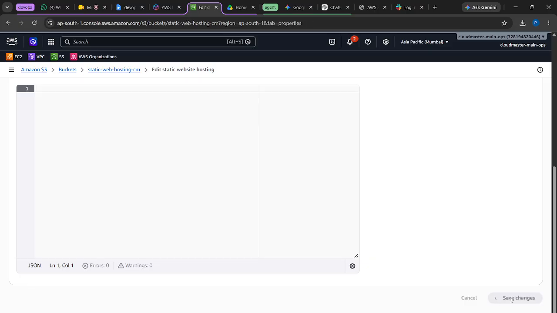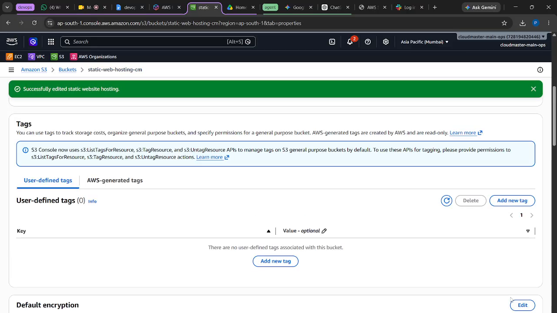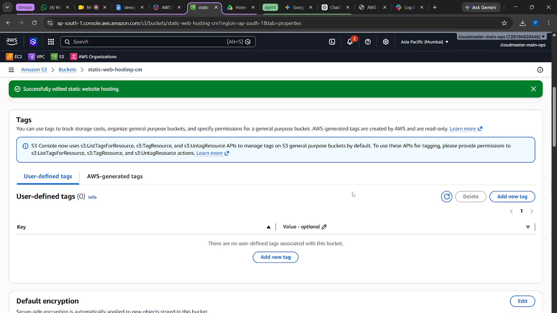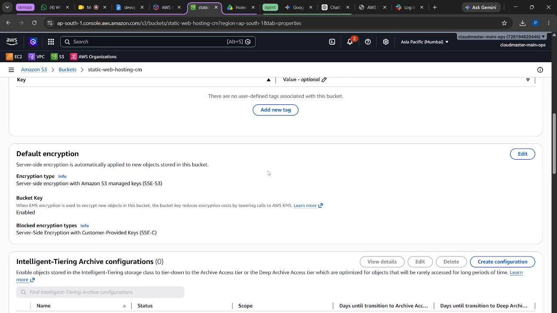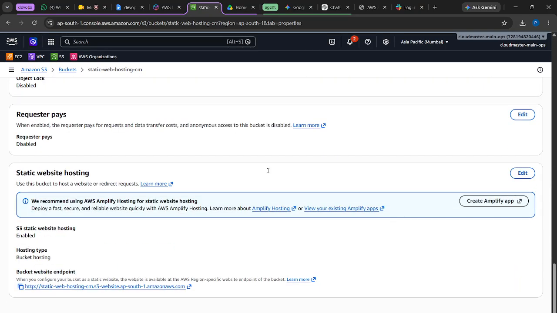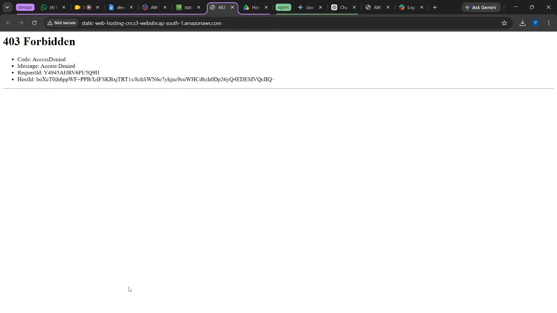Let's save changes. Okay, I just updated my bucket with static website hosting. Once it is done, one more time you need to scroll to the bottom and go to that same static website hosting section, and you can see there is a URL. Now it is popping up there. If you click on the URL,